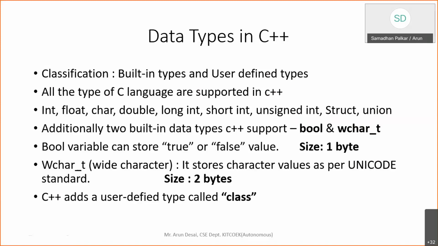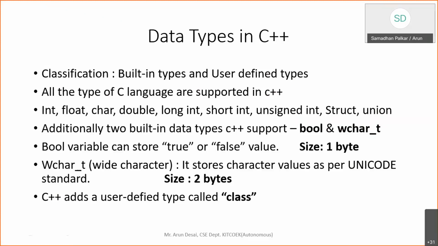So built-in data types, that is integer, float, character, double, long integer, short integer, unsigned integer, then structure is there, union is there. All those data types which are there in C also work in C++. Additionally, two more built-in data types are used in C++, that is bool and wchar_t. And bool is actually a boolean variable wherein you can store two values, that is true and false,